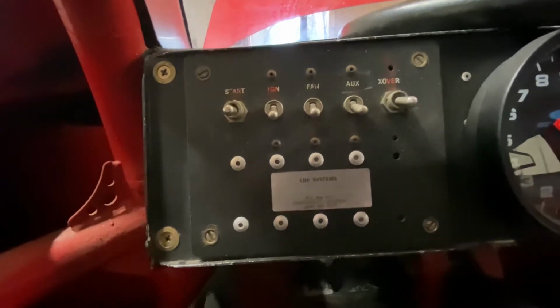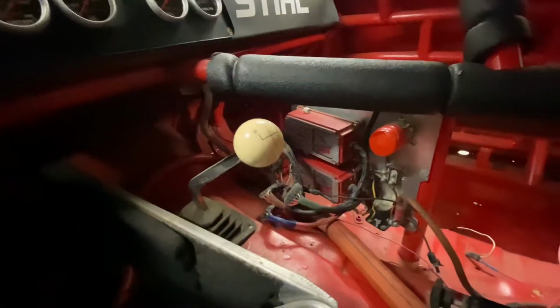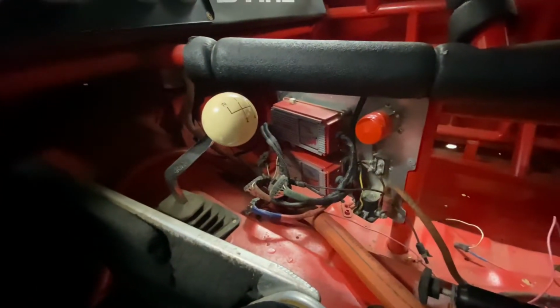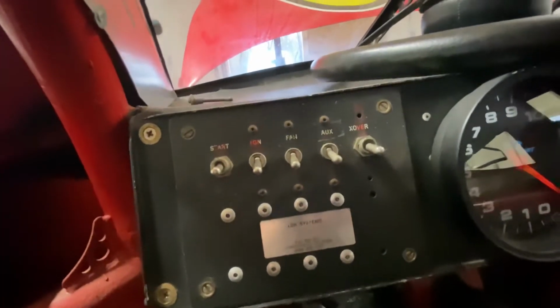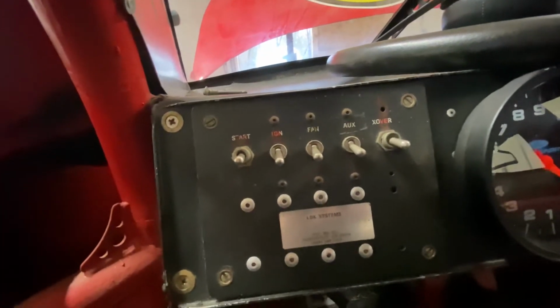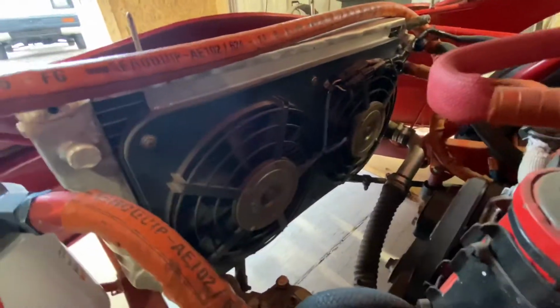So the car starts whether the crossover switch is on or not. I'm assuming that maybe that's just for the second ignition box, because there are 2 ignition boxes. I'm not sure if it has to be on, but it starts either way. The fan switch in the middle is for the fans going to the radiator. There are 2 fans, and that does work